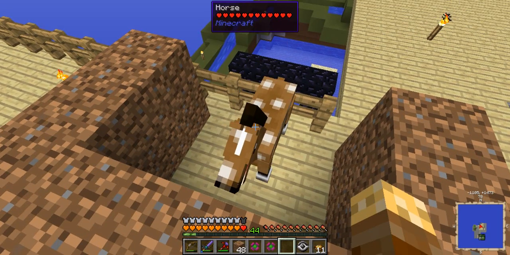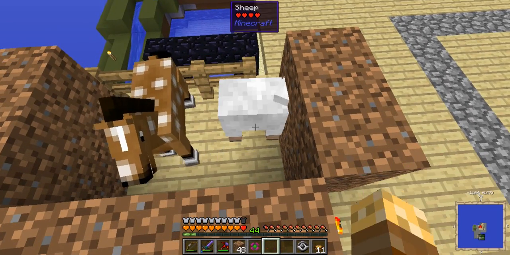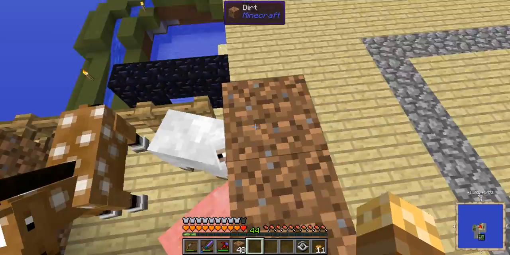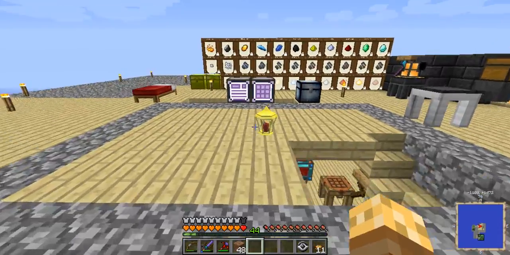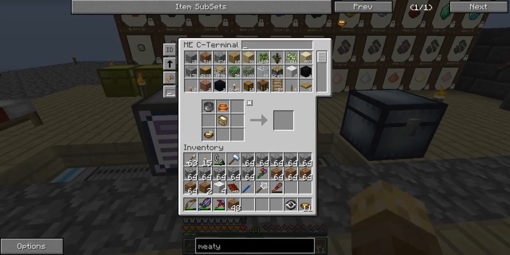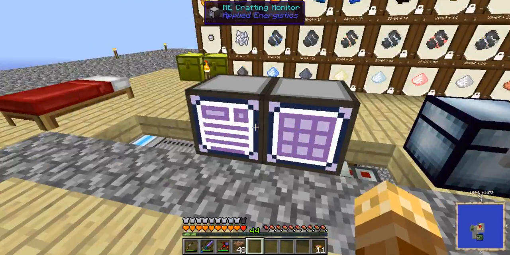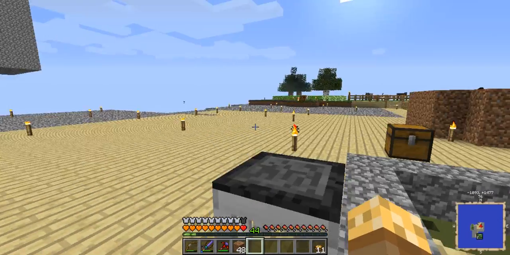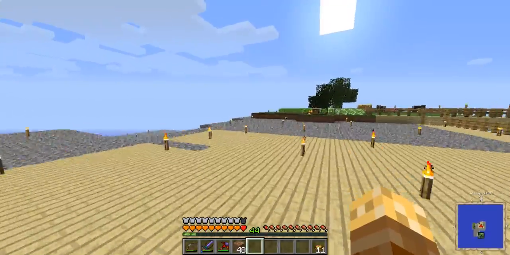So the first one, ooh, there's a horse, which is pretty cool. A sheep. And a pig. Oh, okay. They're not half as scary as I thought they might be. Let's put that back. You can see I've got some building material on me at the moment, because my plan today is to get...